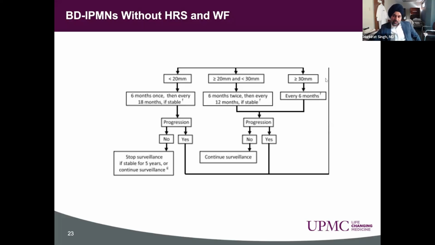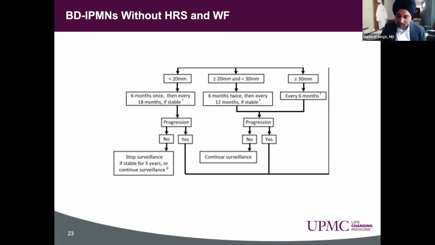If the cyst is above 30, so you had one worrisome feature, that the cyst was above 30, but there was nothing else, and a comprehensive evaluation with imaging and EUS yielded nothing else, then the recommendation is you can survey that cyst every 6 months. Again, some providers may choose a different guideline and follow these every 1 year. If they progress, you go back in the flowchart. How did they progress? Did they develop a worrisome feature or a high-risk stigmata? And then you choose surgery versus continued surveillance. We will talk about when to stop surveillance a little bit later. So these are branched-duct IPMNs without high-risk stigmata or worrisome features, which is the most common patient that we see.